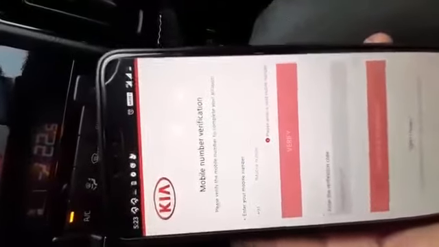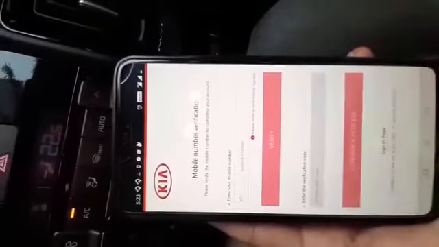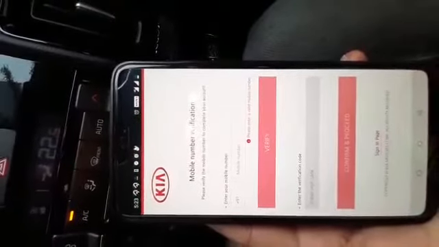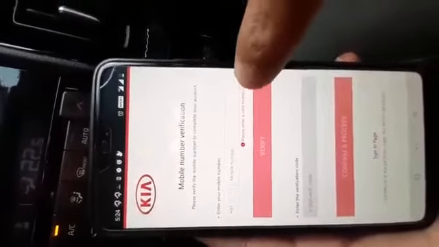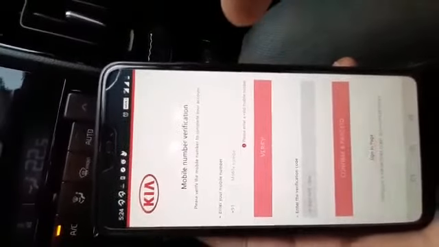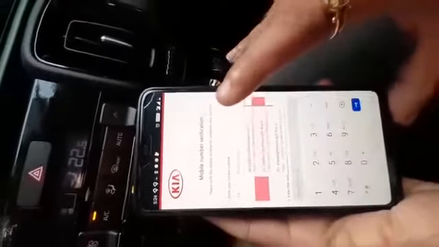In UVO, you have the primary number, and in addition to that you can give access to 4 people. So in this just include that number which is the primary number. The mobile number should be the primary number, and I'm inputting the primary number.